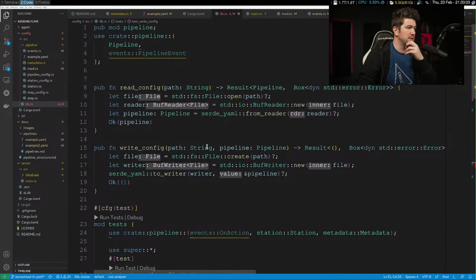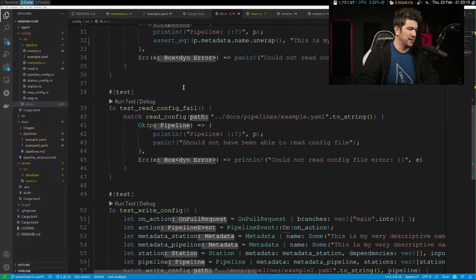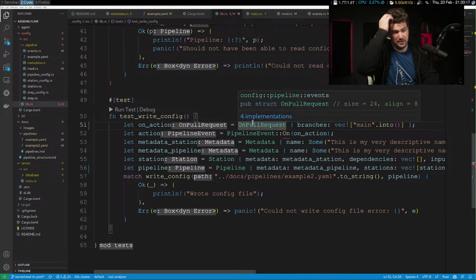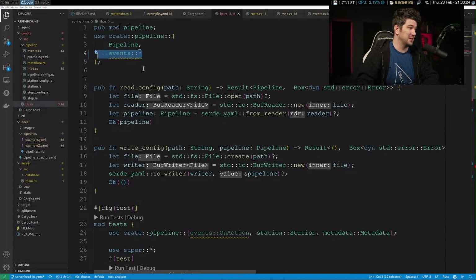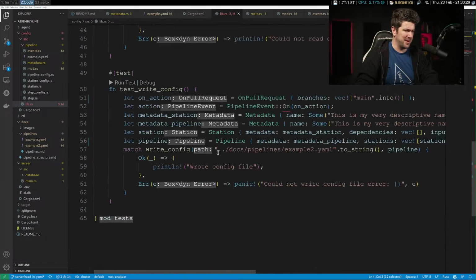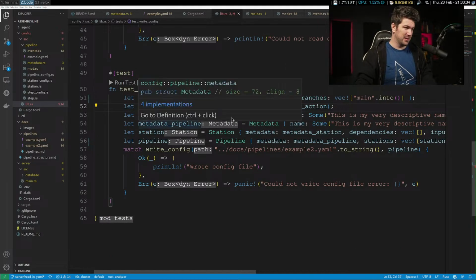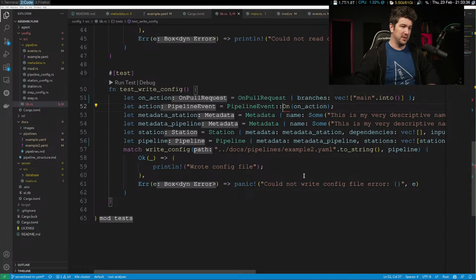So what I'm going to do is pipeline events star. I know. Shouldn't do that. I'm going to do it for right now, though. Honestly, it's probably an okay place to do it because we're really just importing everything that we want to export. We should probably be explicit, but for right now, I'm doing star. In a month, I can worry about not writing star and slowing down a little.